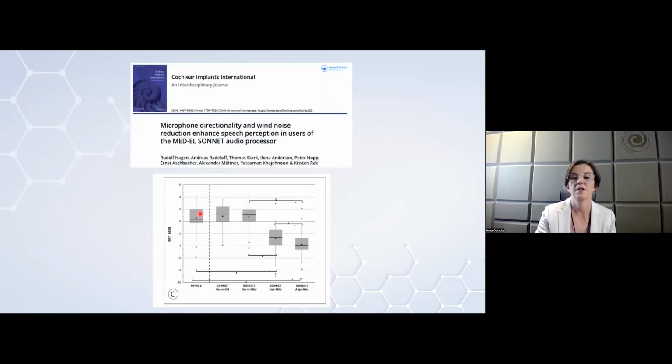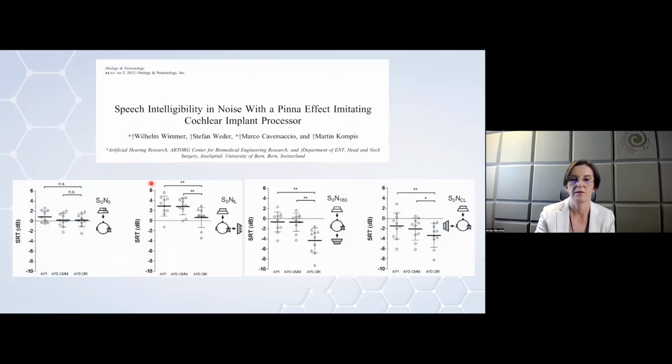Several studies were conducted showing that using the natural microphone can be beneficial in terms of speech understanding in noisy environments, especially when noise was presented at the back of the patient. It is clearly visible in this study by Müller that when the signal and noise were presented in front of patients, there were no differences noticed between omnidirectional mode and natural mode, and when the noise was presented to the side,